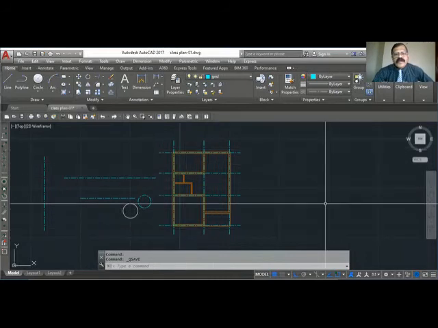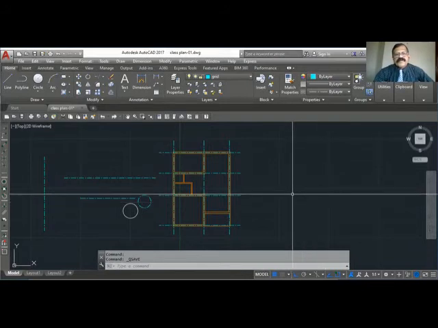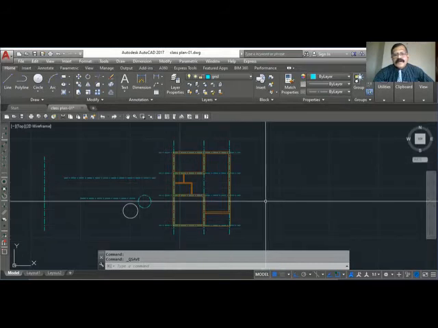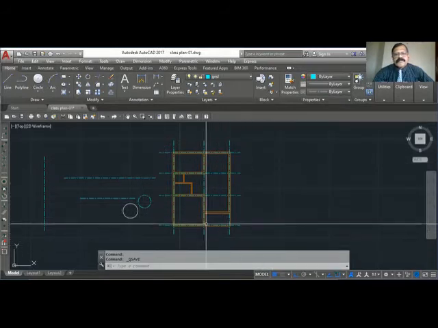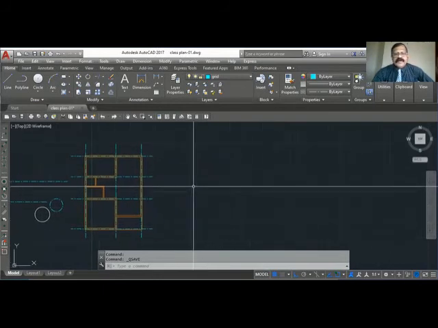Okay, so we have seen today the offset command, fillet command, layer, line types. Then we started drawing a plan. So one or two things from here.